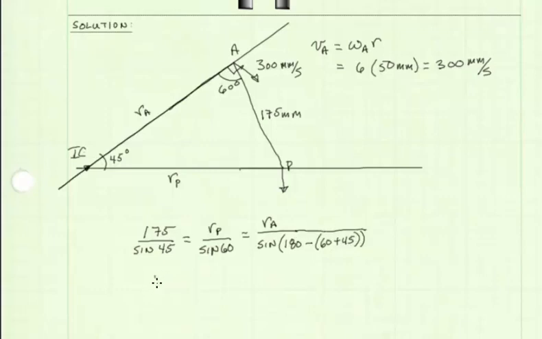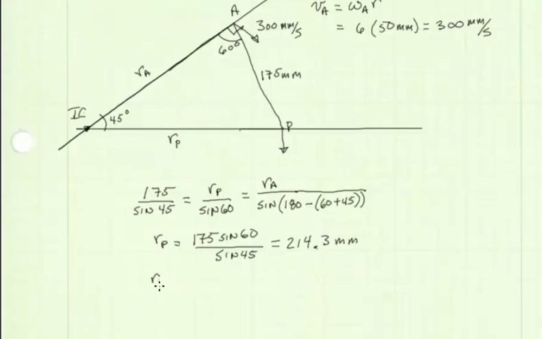Solving these out, RP is equal to 175 sine of 60 divided by the sine of 45, which equals 214.3 millimeters. RA is equal to 175 times the sine of 75, which is 180 minus 60 plus 45, divided by sine 45, and that equals